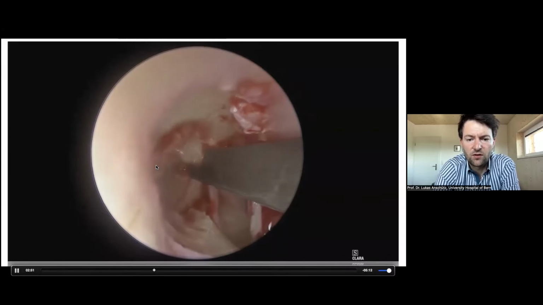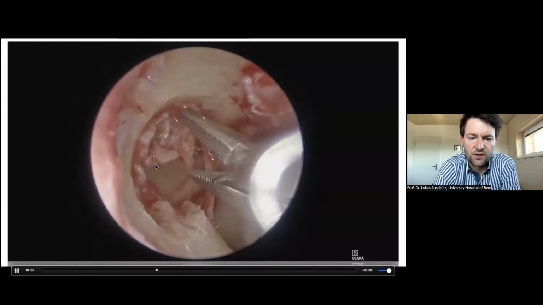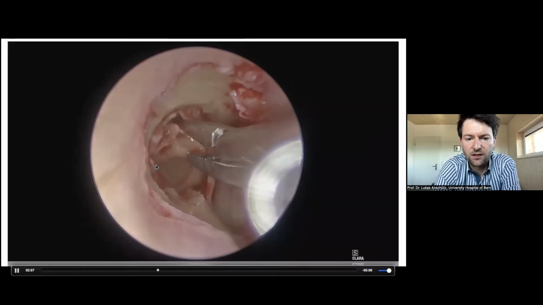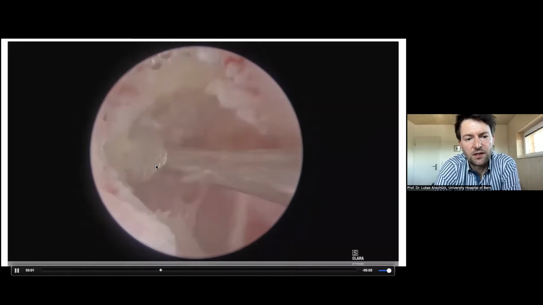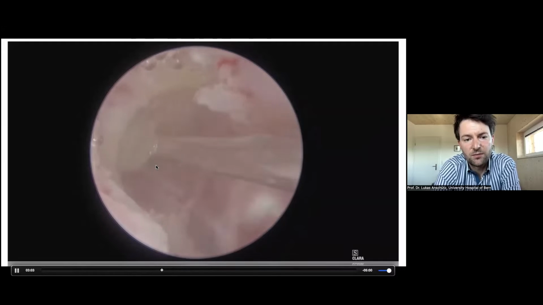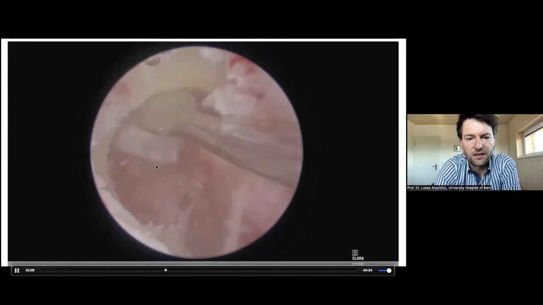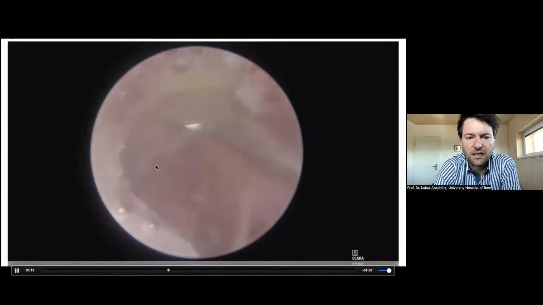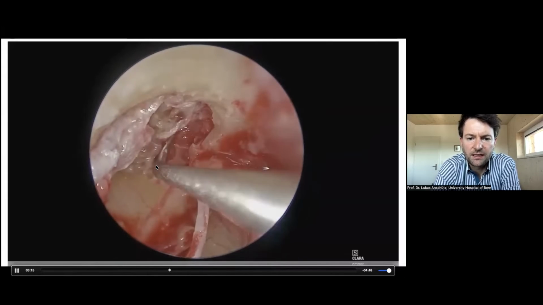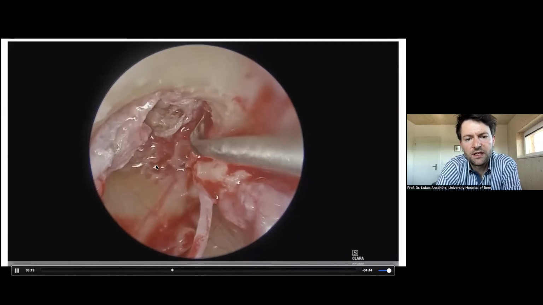Also the head of the hammer needs to be cut because the cholesteatoma is infiltrating anterior to the head of the hammer. We can then again make the approach a little bit larger to be able to really carefully dissect the cholesteatoma out of the middle ear. So you can see it goes very well, the removal of the bone. And now I search the plane for the cholesteatoma removal here.